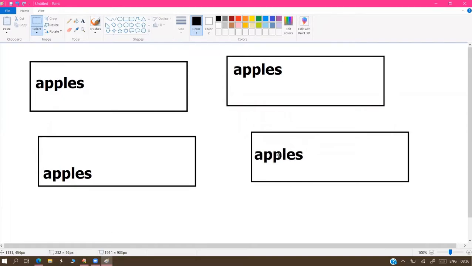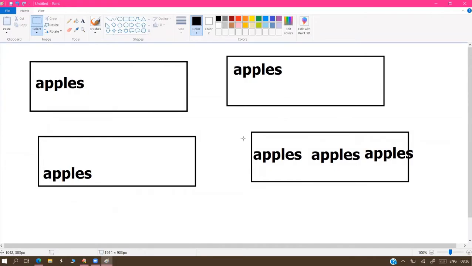It comes always in the center by default. Center left, center center, and center right, because vertical alignment is already center. Horizontal alignment we are changing to either left side, center, or right side.